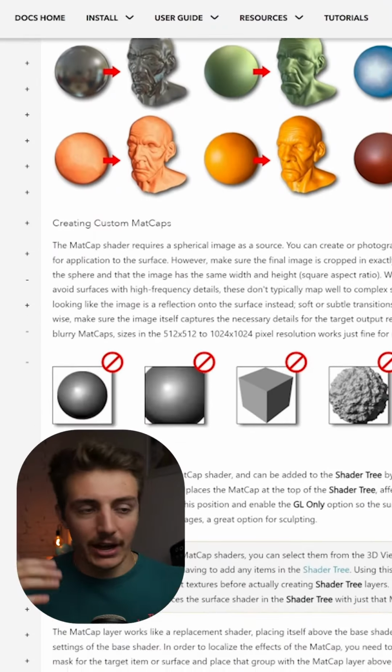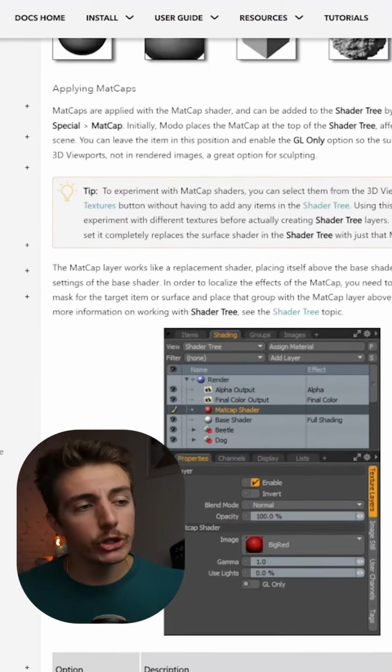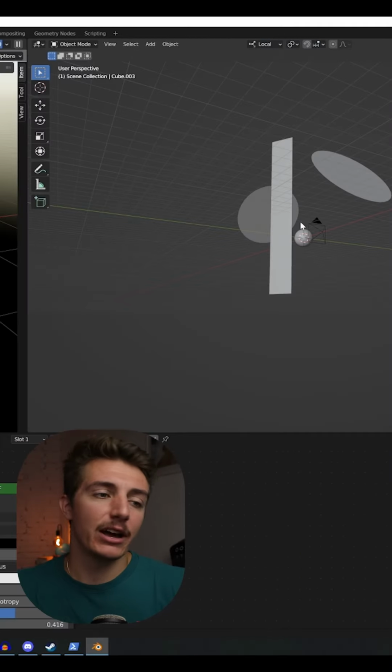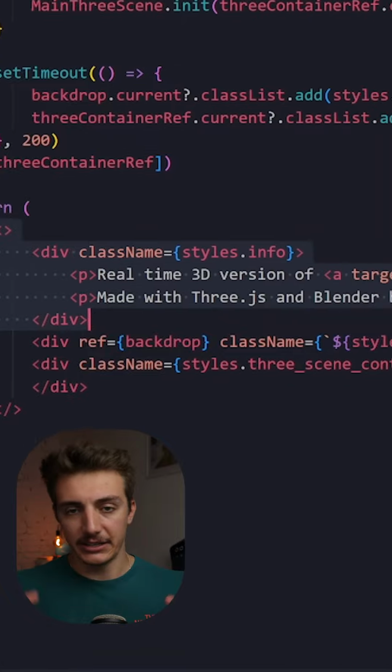It made sense to use a matcap for the scene, matcap being a texture and type of way to shade objects in 3D, so I rendered my own directly in Blender using a few lights and a skybox. Mix it all together, add a backdrop, a little info section about the project, and boom, you get a multi-million-dollar